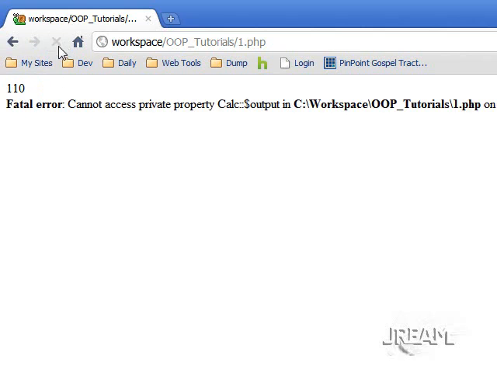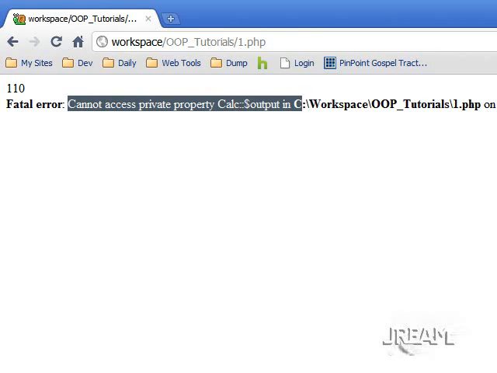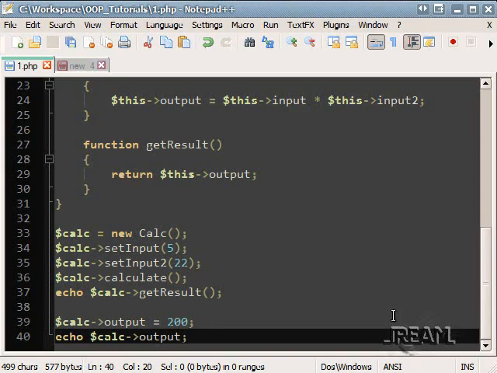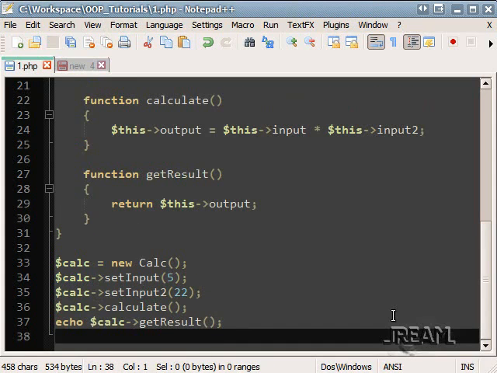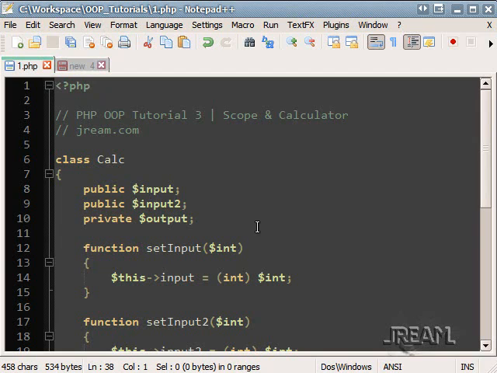Let's see what happens. Fatal error, can't access the private property, because we don't want people to jam it up. And that kind of keeps it safe, and we don't get confused where things are changed throughout a system, and everything just works one way, and we can easily track down what's going on. So scope,